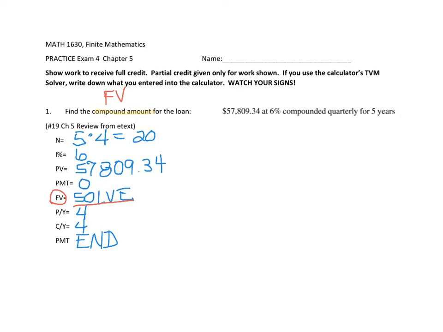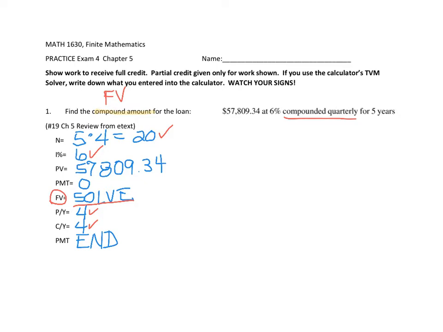N represents the number of payments. Since the payment times and the compounding times are going to have to match, that's going to be 4 because it is compounded quarterly for 5 years. So that means there will be 20 payments at a 6% interest rate,